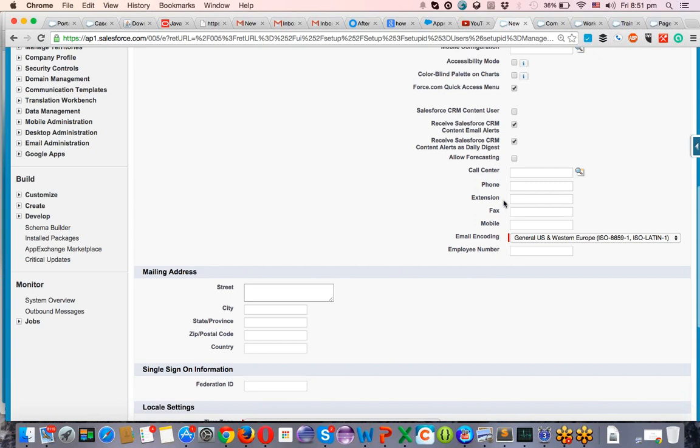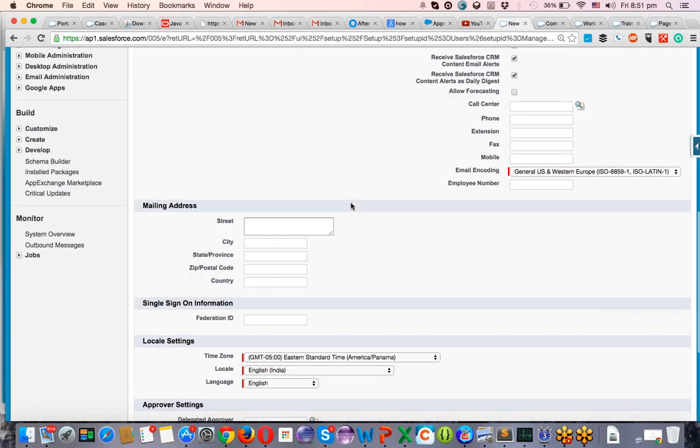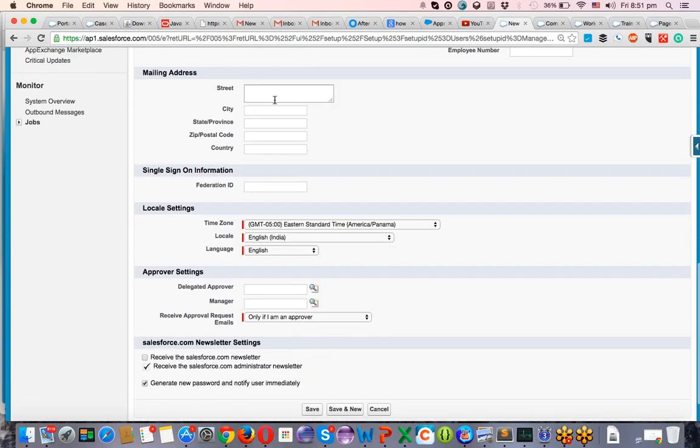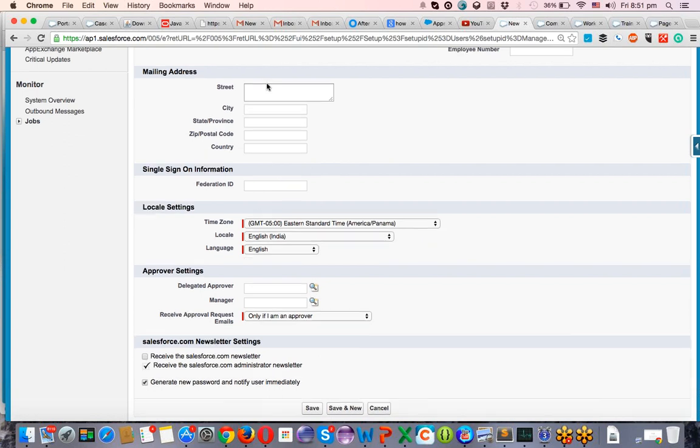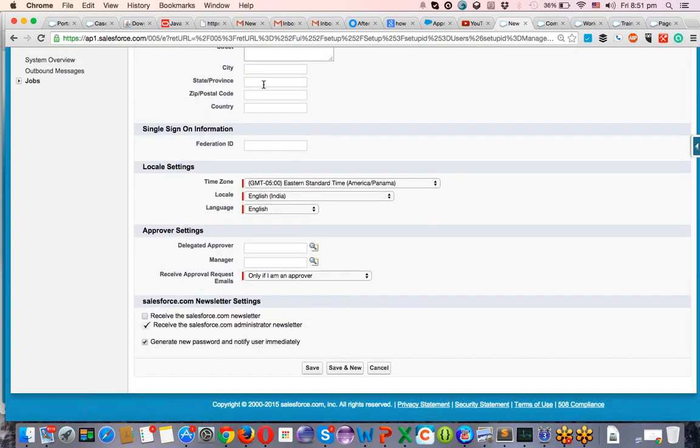And later on, you can view your very personal information, all this user, the address. These are all not required. This is not that important. Okay. And the only important thing is here, all the things marked with red color are really important. But again, they have been selected with default values. If your company says that the default value is English, when you are trying to create a new user, the default language will be English.